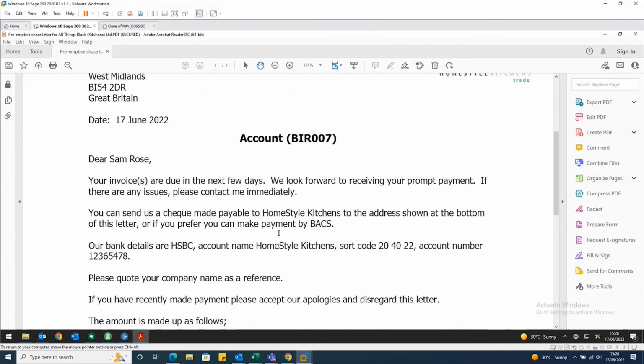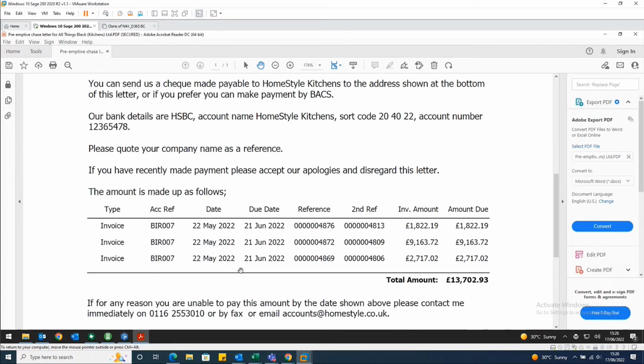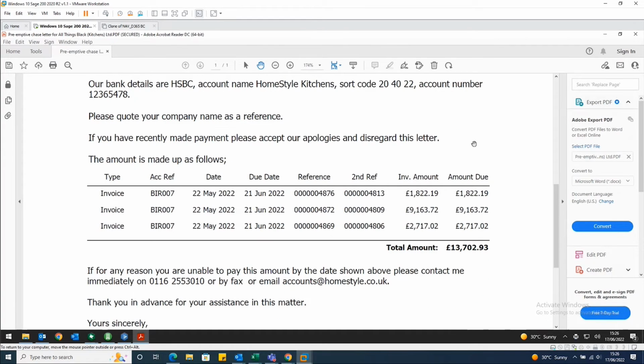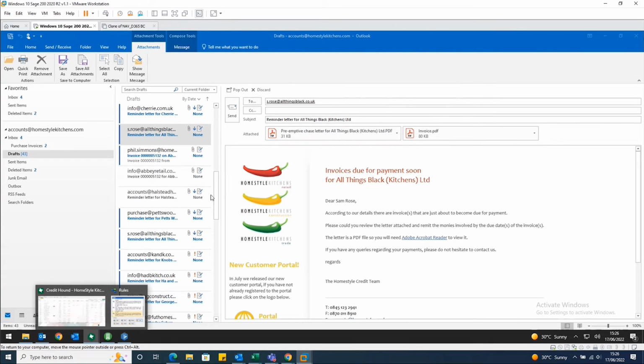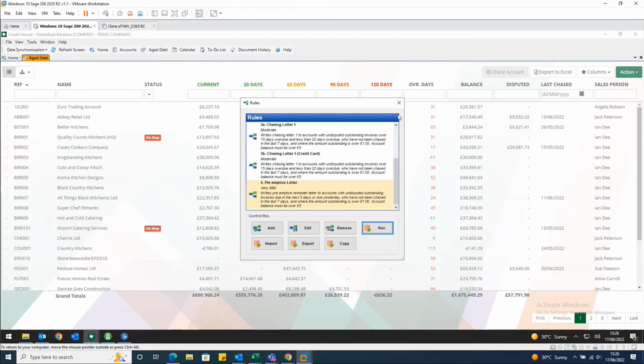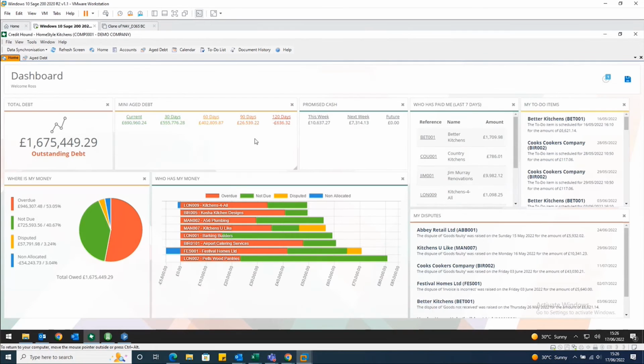If I open up the attachment, we can see it details my communication, details the invoice in question, any payment information, contact details you may wish to provide, but it's also gone and grabbed a copy of the invoices that it relates to. So we're getting ahead of the curve on this one, rather than wait until a payment date and receive what I've been told is a typical response sometimes that you haven't had a copy of the invoice or it's been mislaid. Actually, we resent that to you a few days ago,